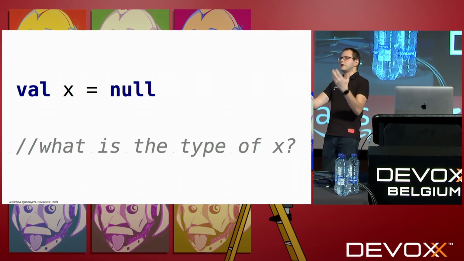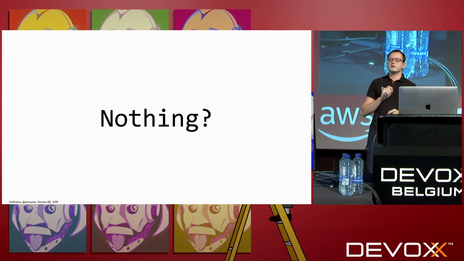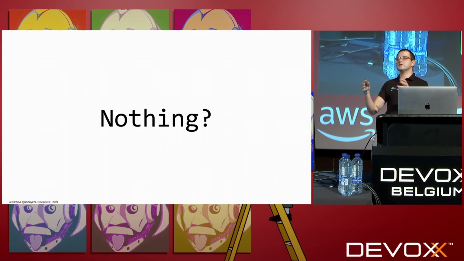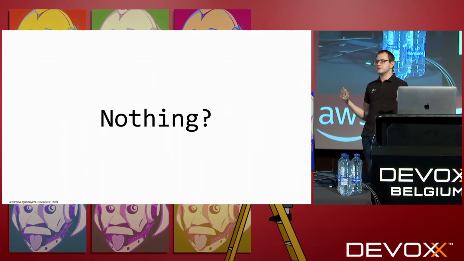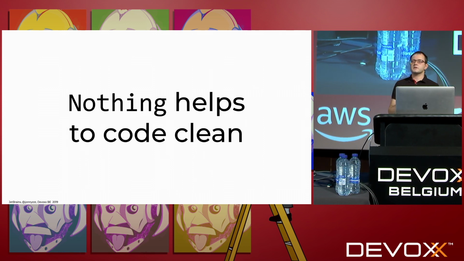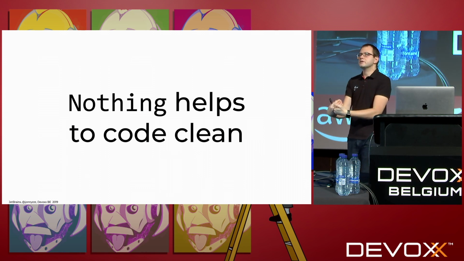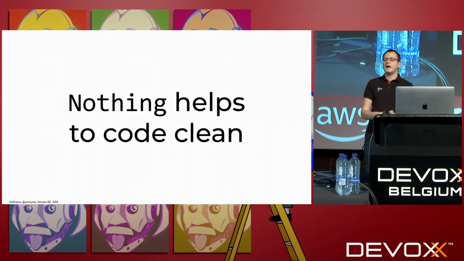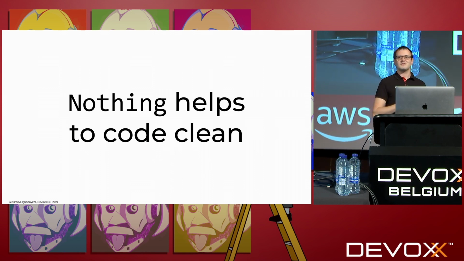So Kotlin is statically typed, so it infers types for every declaration like this. And the type is Nothing question mark. So it's a nullable Nothing. So it has only one value, which is null, and that is it. And so if someone would ask you, but trust me, you would explain it. You may say that Nothing would help you to clean your code. If you say so, please explain to anyone what it means. Because the meaning is not obvious, is it?